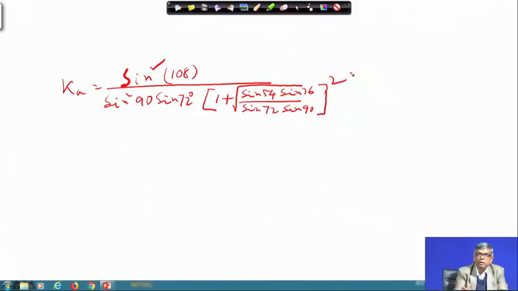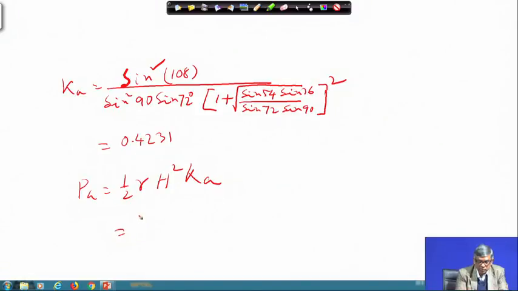So, if all are in terms of sine values of the angles, if you calculate, this comes 0.4231, and then your thrust P A will be equal to half gamma h square K A,